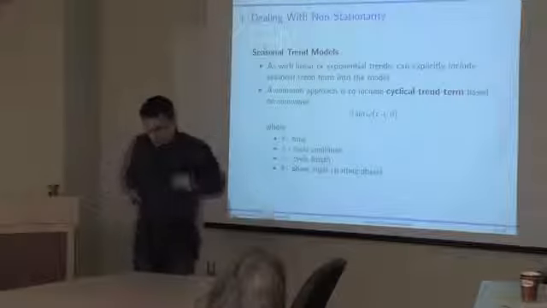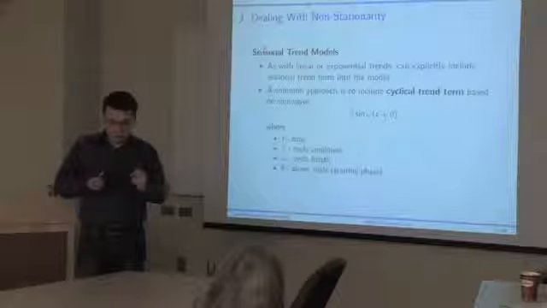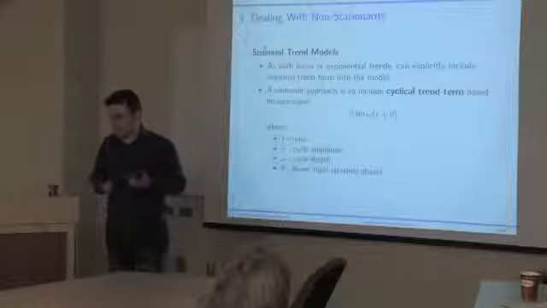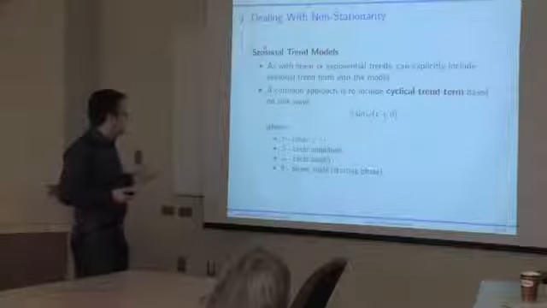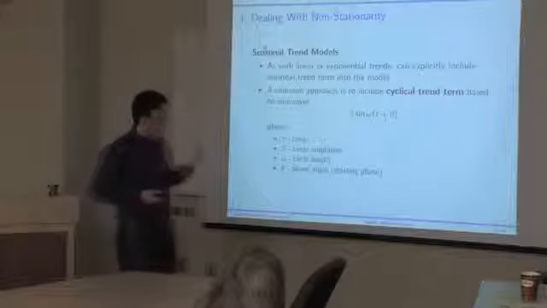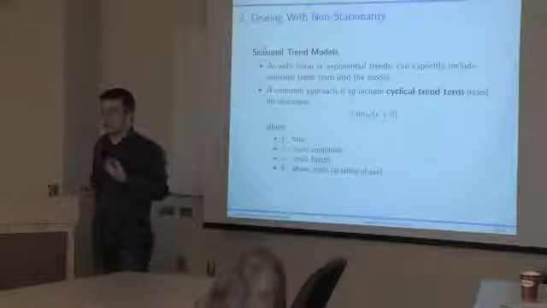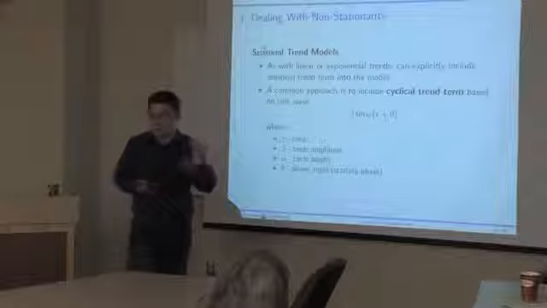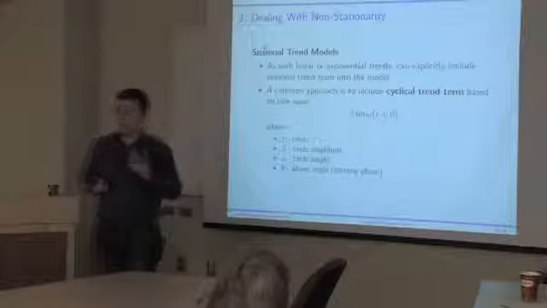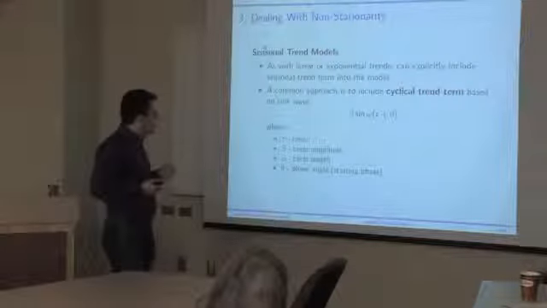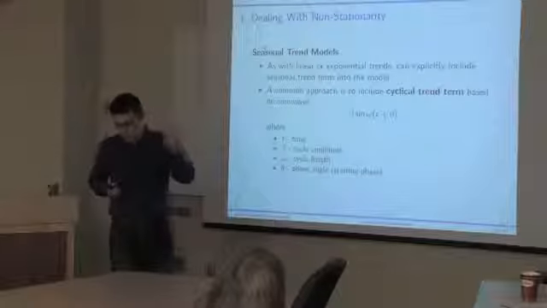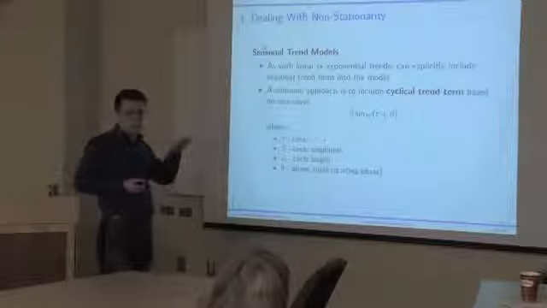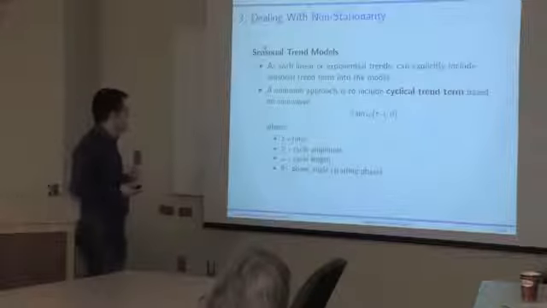But again, seasonal differences will help you net out any seasonal trends. And for some applications, that might be sufficient. But in other applications, that certainly might not be sufficient because you might actually be explicitly interested in seasonal trends. So you might want to explicitly estimate some kind of a seasonal or cyclical trend. You might want to forecast the seasonal or cyclical trend. So in some applications, you might want to be very explicit about this cyclical trend and actually include a term into the model which would be able to capture it.